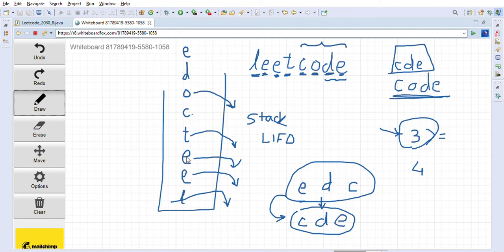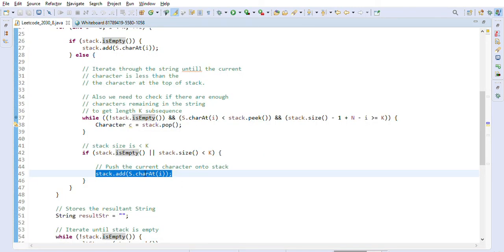Like that. E is seen, so we push it. E is seen, T is coming, then we push it onto the stack. And when C is coming, at that time we will pop out T, E, and this E will also pop out. But after this popping operation is complete, we have to push that C into the stack here, right?